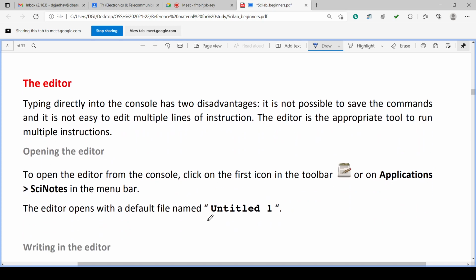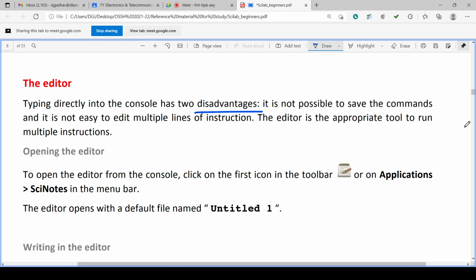Then the editor is there, just like the console, the editor is also there. Typing directly into the console has two disadvantages. If we type the commands into the console, they can be executed, but it has two disadvantages. What are those disadvantages? It is not possible to save commands, and it is not easy to edit multiple lines of instructions.